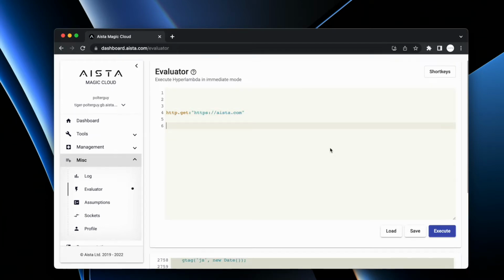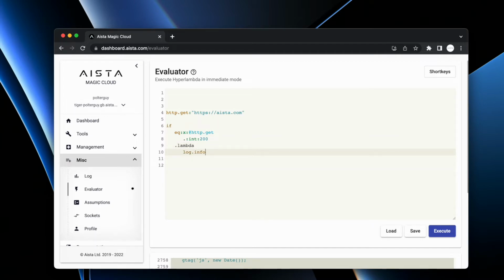Now, let's create an if statement. Our if statement is going to look like this. If, caret return, tab, eq. EQ is a keyword in Hyperlambda. It means equals. Colon, x, colon, at http.get, caret return, tab, dot colon int colon 200, caret return, shift tab to de-indent, dot lambda, caret return, tab